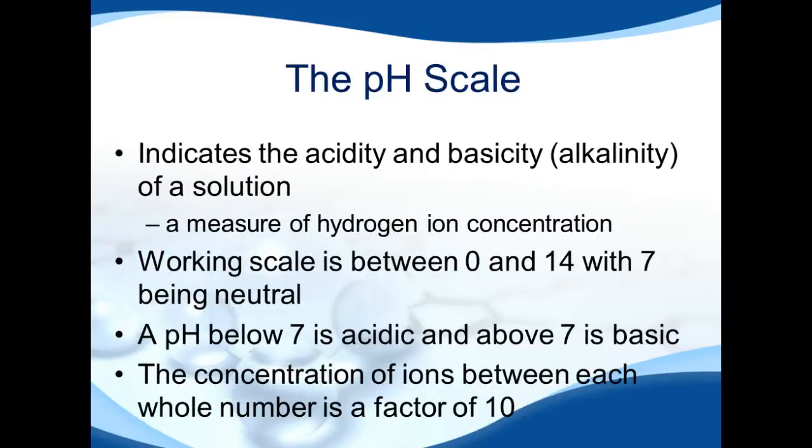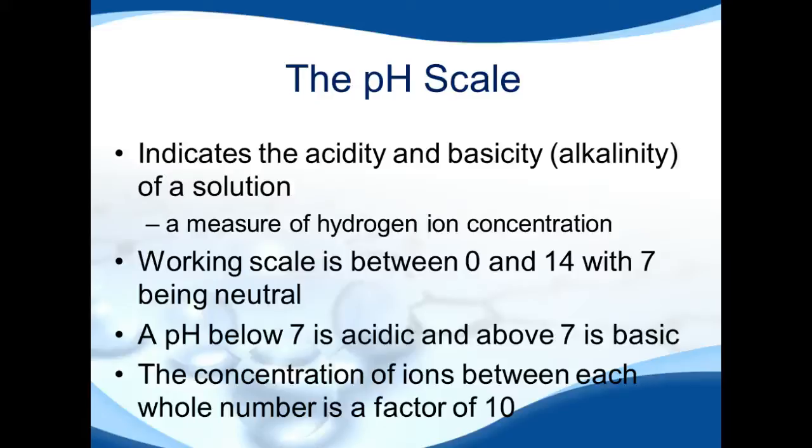So we can use what's called the pH scale. It indicates the relative acidity or basicity or alkalinity of a solution. So basically, the pH scale is a measure of the hydrogen ion concentration. The working scale for pH is between 0 and 14. 7 on the pH scale is considered to be neutral. If we have a pH below 7, that substance is acidic, whereas a pH above 7 is considered to be